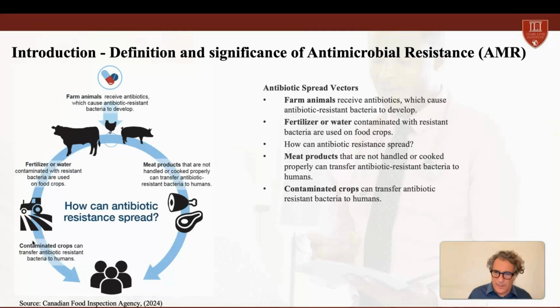So there are two different ways the antibiotics from the animals can reach the humans. First of all, through eating any sort of meat, if it's not well conserved and cooked, maybe not for the right time. But also the discharge from the farming activity can contaminate the water. The contaminated water is used in the production of the crops, and from the crops it goes straight into the humans. So that's the circle. There are different ways this can affect humans.